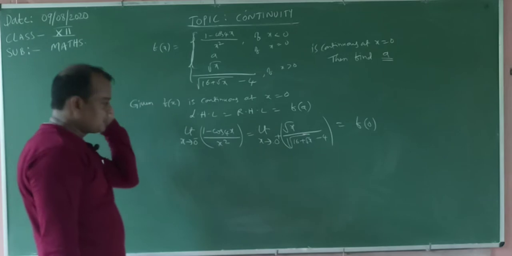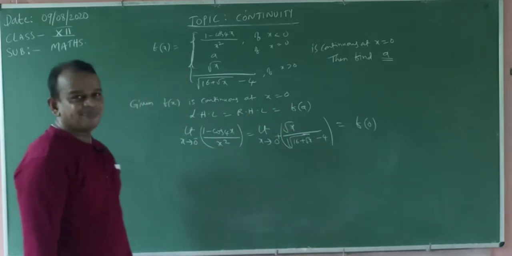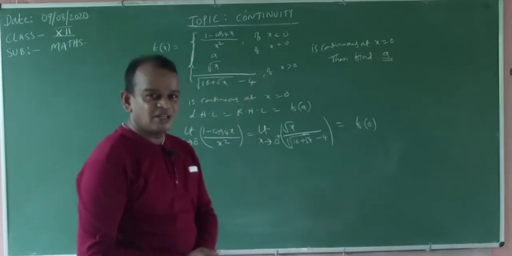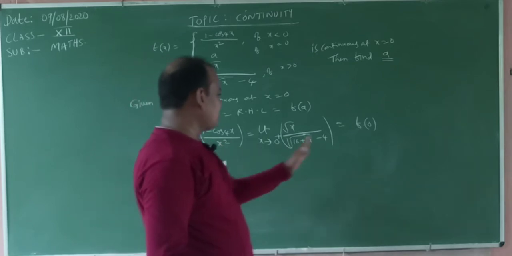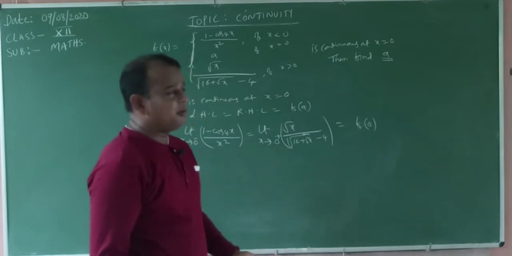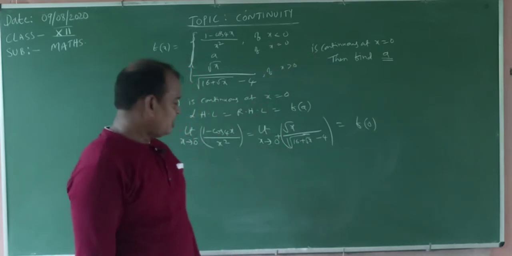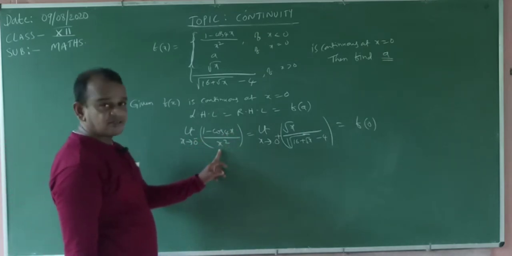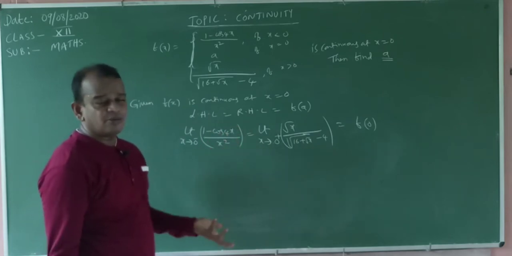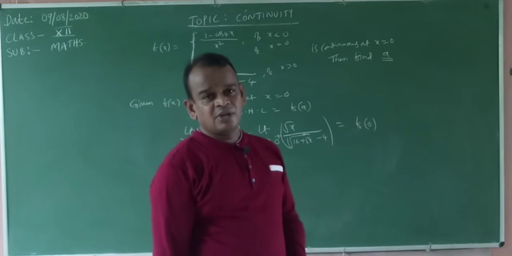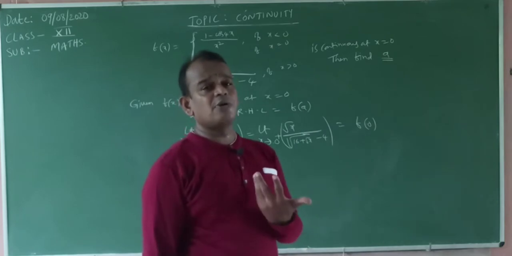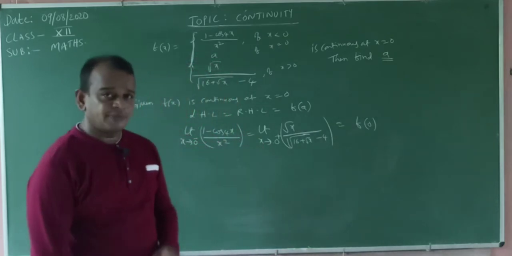Okay, my dear students. Continuous means our goal is to find the value of A only. Already given continuous means LHL is 100% equal to the function value, or this one equal to this one. You can find LHL or either one. Why? Because our goal is the A value. You know this formula, 1 minus cos Ax by x square. If you substitute 0, cos 0 is 1, 1 minus 1 is 0, so 0 by 0, indeterminate form. We get the indeterminate form. Okay, we will do the problem in another way, because that is not the answer to that question.